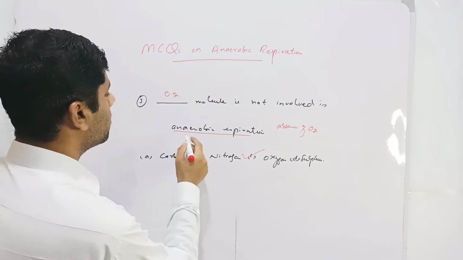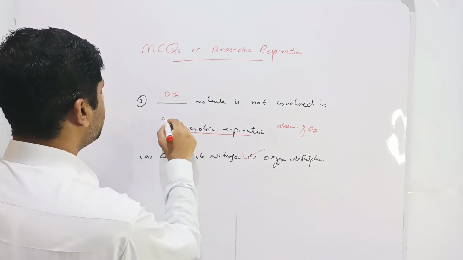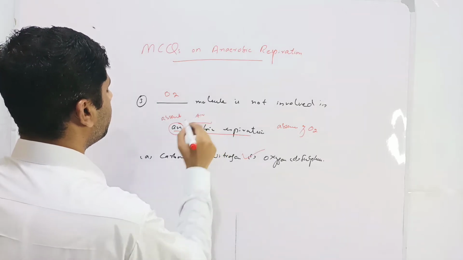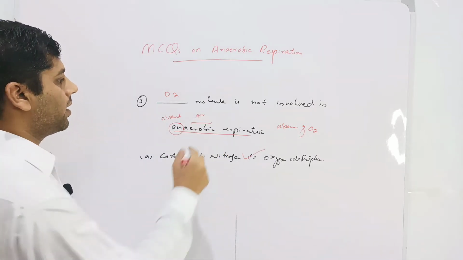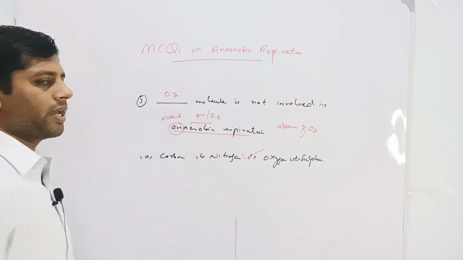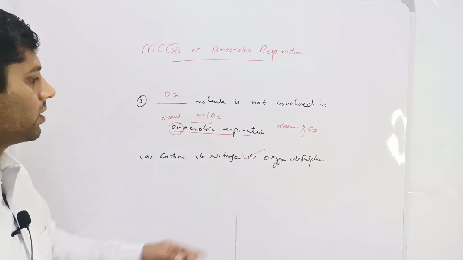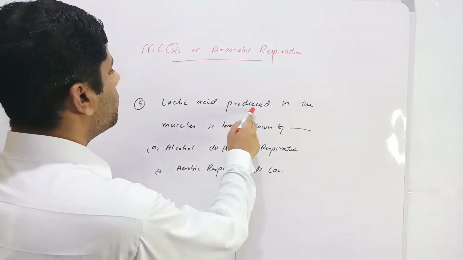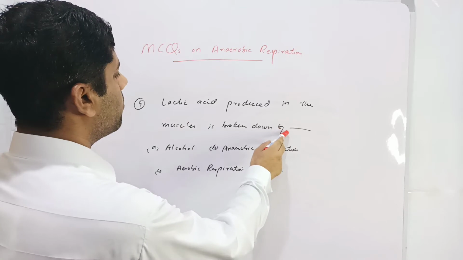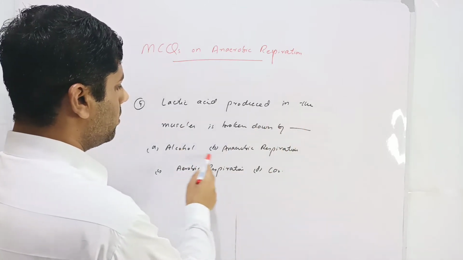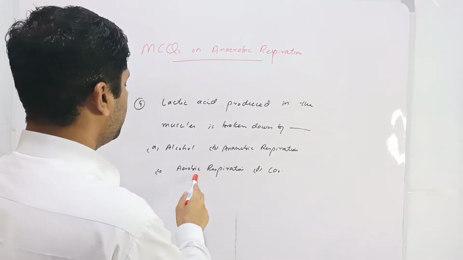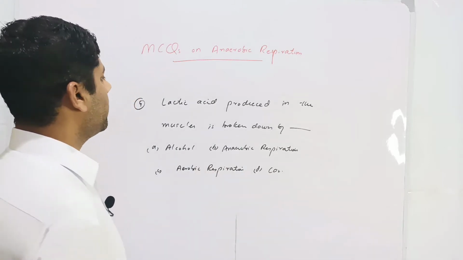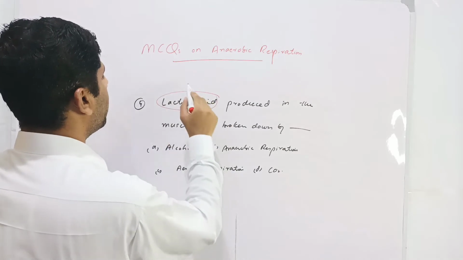Anaerobic respiration, it is composed of two words. An means absent and aerobic means air. So absence of air or absence of oxygen is called anaerobic respiration, and in this case oxygen is not involved in this. Next question is lactic acid produced in the muscles is broken down by dash: alcohol, anaerobic respiration, aerobic respiration and carbon dioxide. We know that lactic acid is produced as a result of anaerobic respiration